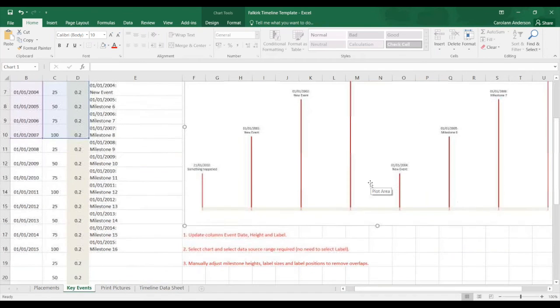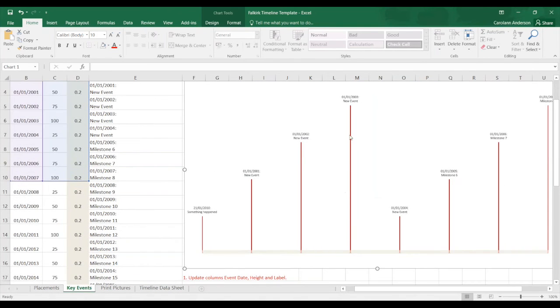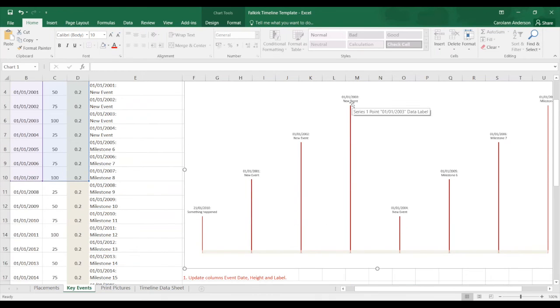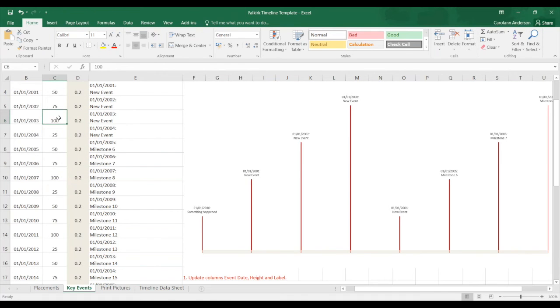Lastly, we can manually adjust the height of the lines. This is helpful when you have a lot of information and you don't want overlaps. So, for instance, if I want to change this one, this is the 1st of the 1st, 2003. It's currently sitting at 100. I'm going to double click, remove that information and change it to 65. As I press enter, note the line moving.